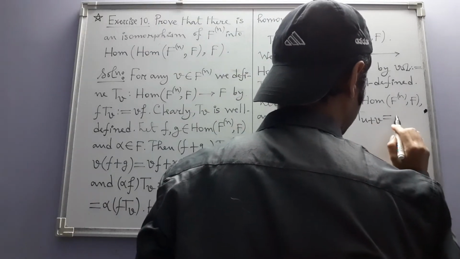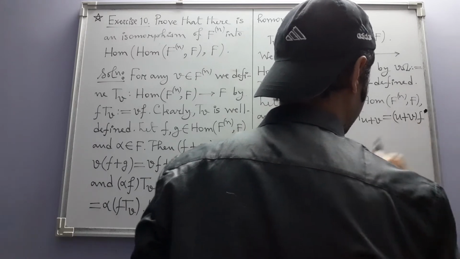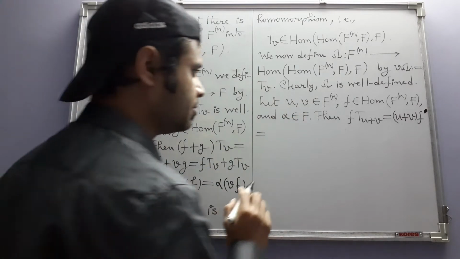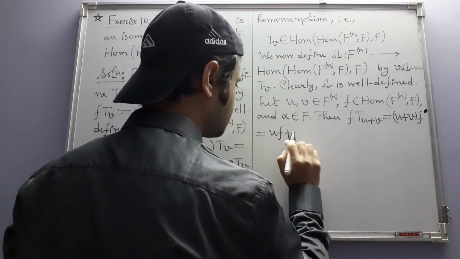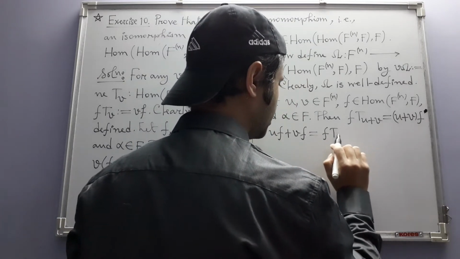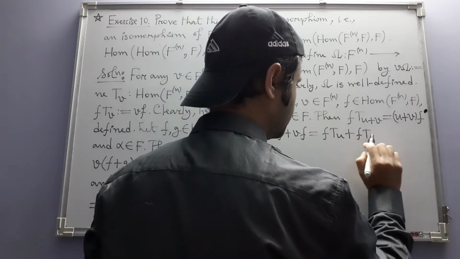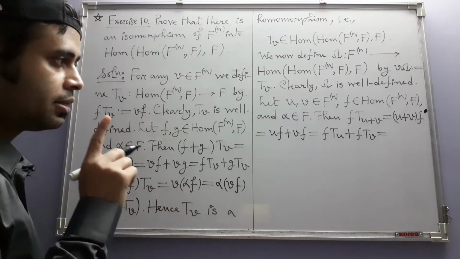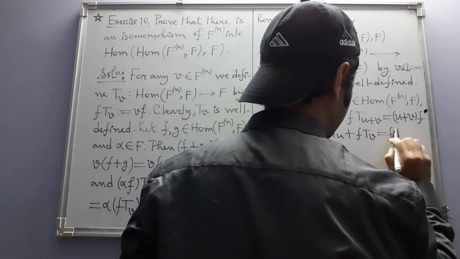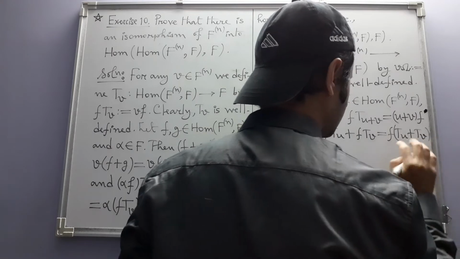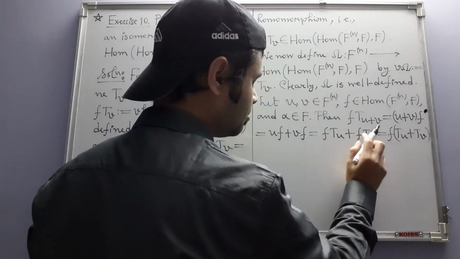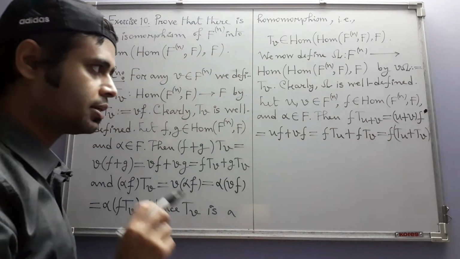By the definition of t(u plus v), this is the image of u plus v under f. Now since f is a homomorphism with domain Fn and u and v are vectors in Fn, f respects addition, so this is uf plus vf. Now uf is f tu and vf is f tv. Now by the definition of addition in this space, this is equal to f(tu plus tv). This plus is the addition that we have in this space. And note that these two functions give us the same value at the same vector f,